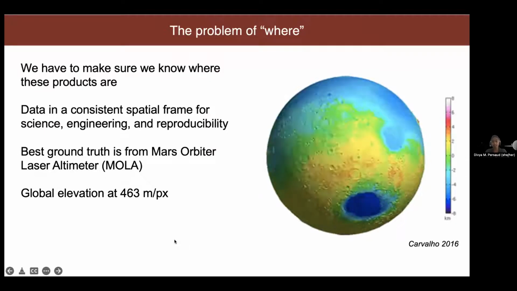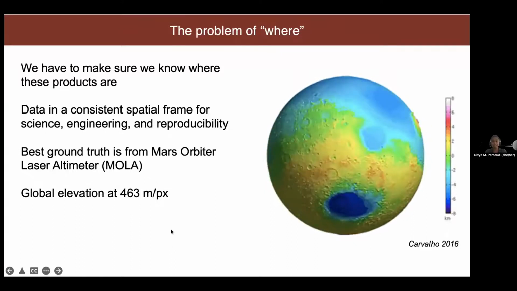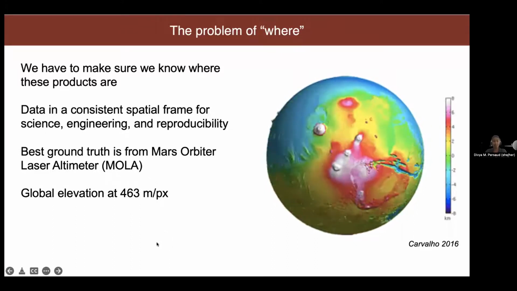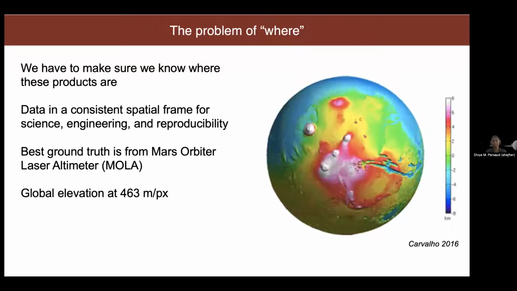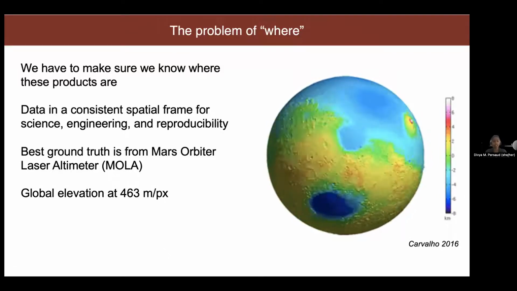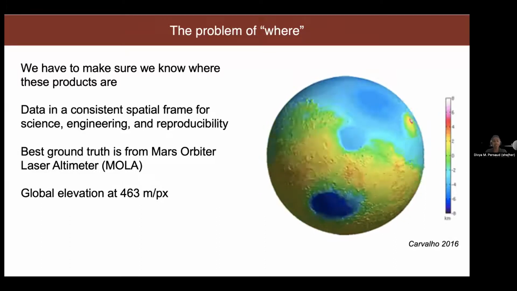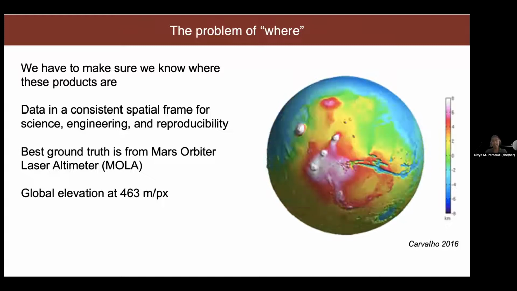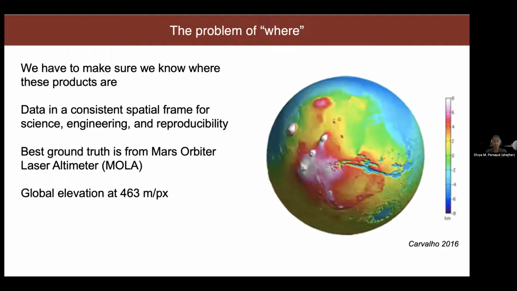One of the issues, or actually the main issue, is where. Where are things? So I mentioned where the rover is really important because we're driving it and we don't want to drive it off a cliff. We don't want it to drive into dunes and get stuck. So it's equally important that we know where the satellite images are. This might seem kind of trivial. It's not. Satellites are really precise.